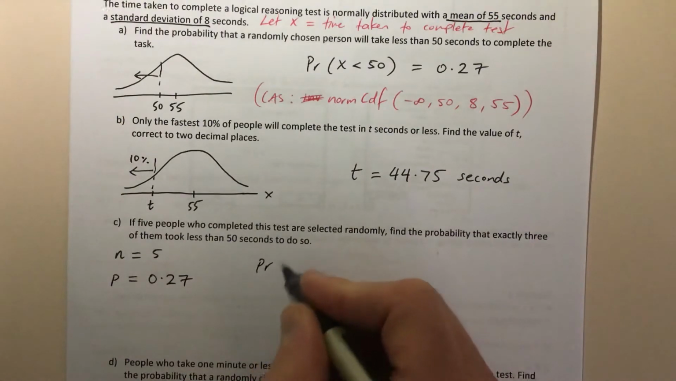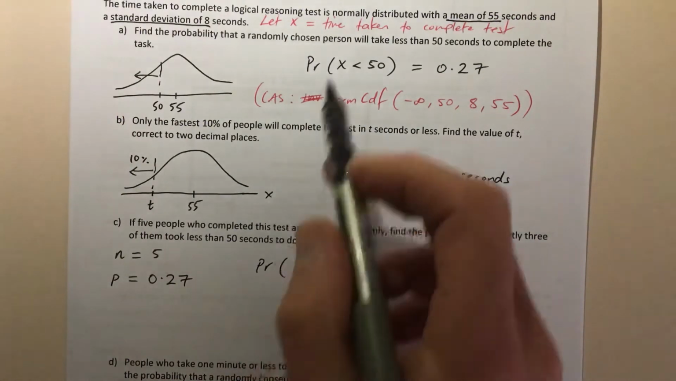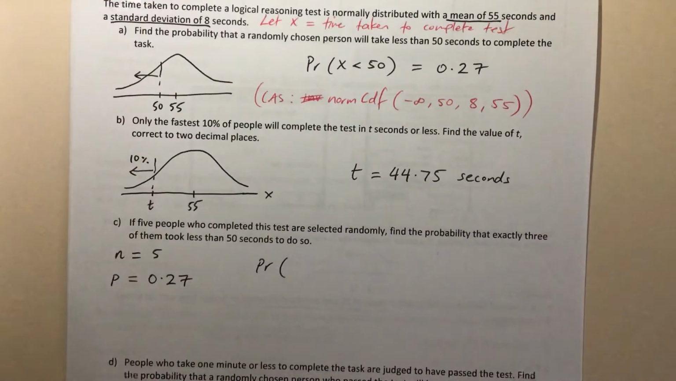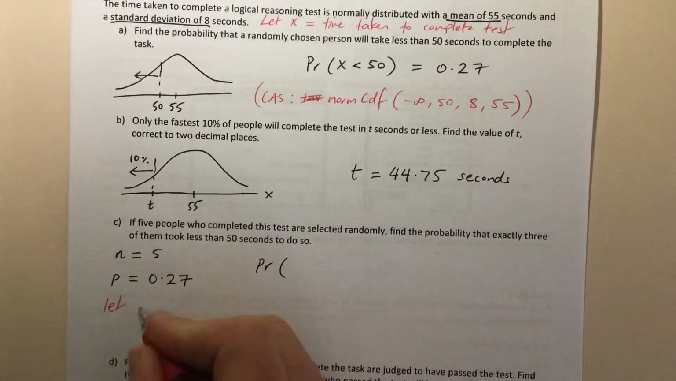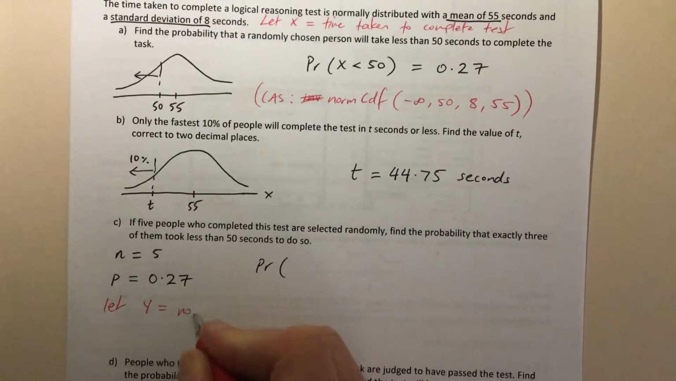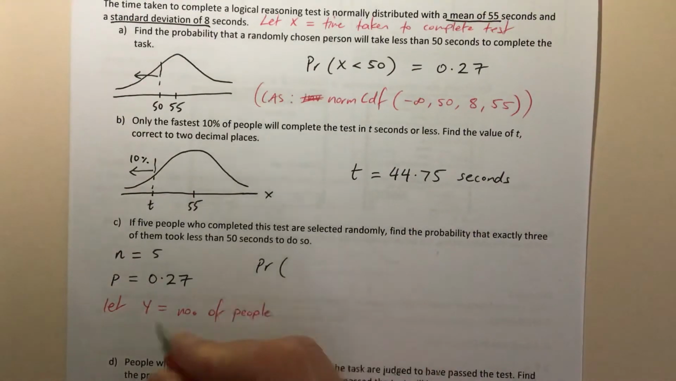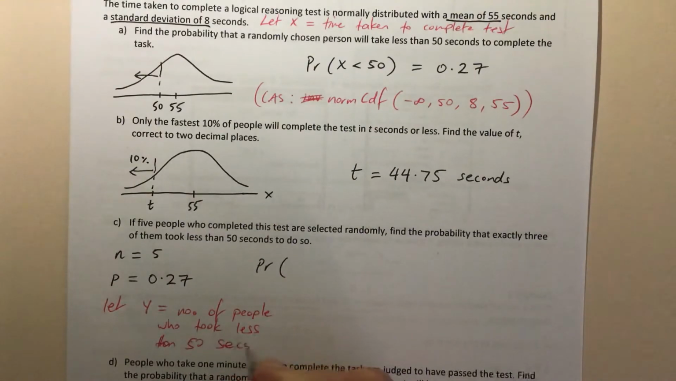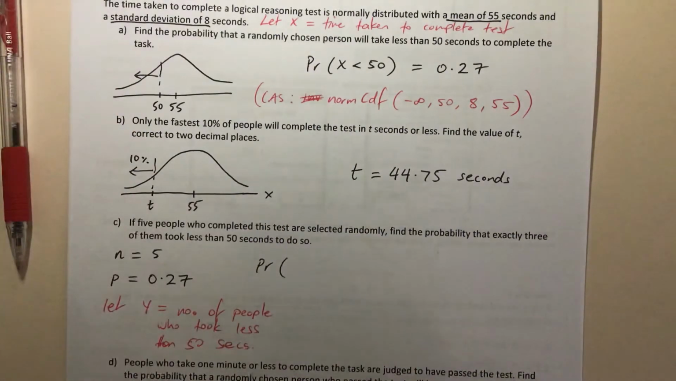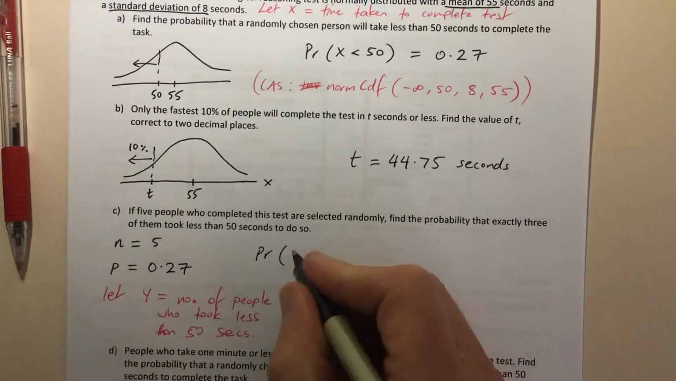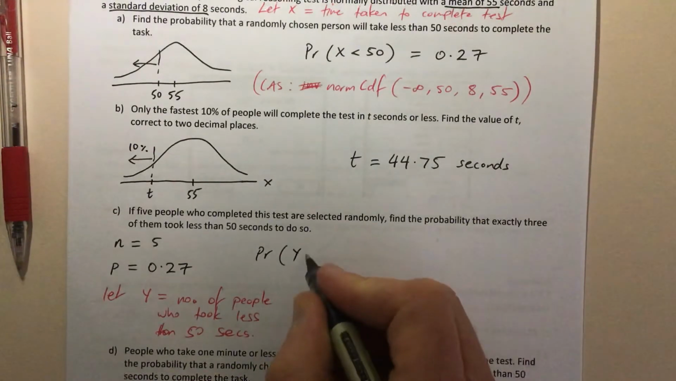So the probability that, well, we won't use x actually because x is already another variable. So let's just say we'll let y equal the number of people who took less than 50 seconds. Excuse my messy handwriting here. And so the probability that y is equal to 3